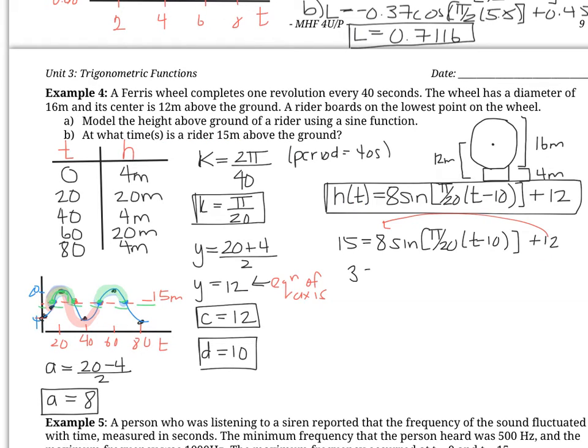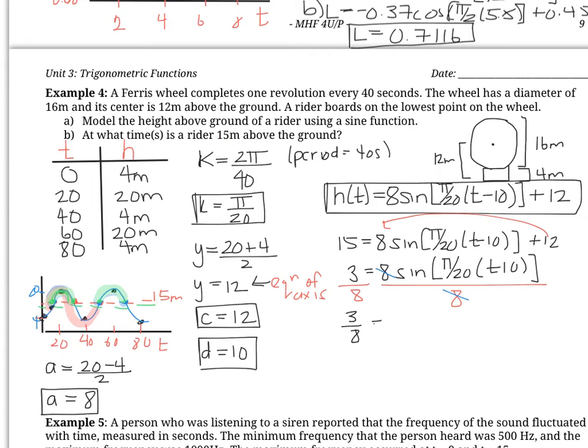So I have 3 is equal to 8 sine pi over 20 t minus 10. Then our next step would be to divide by 8. So I'm going to leave that 3/8. So I'm going to have 3/8 on this side, and then our 8s will cancel out on this side,